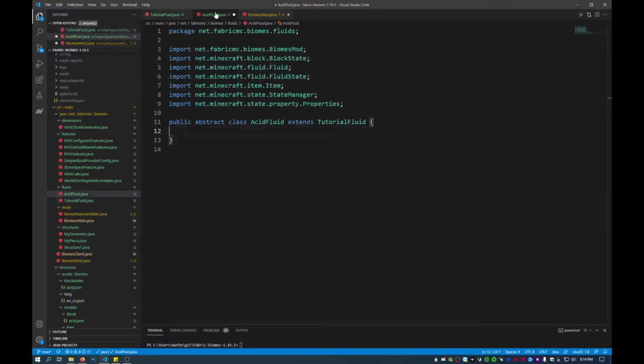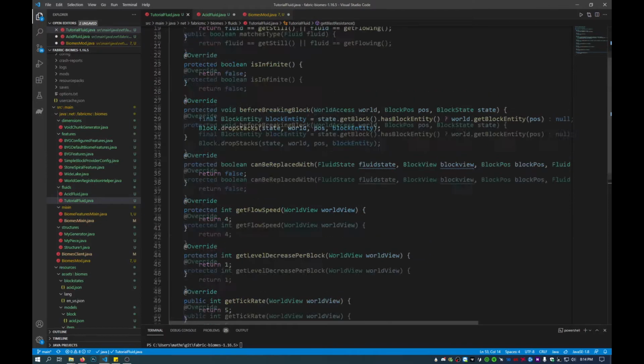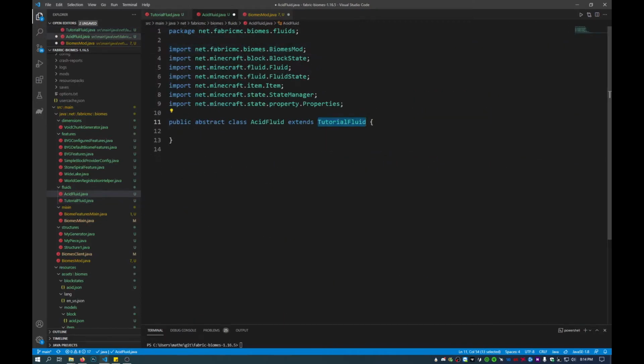So I created, under a fluid folder I created in the same directory here, a file called acidfluid.java, and then I did a public abstract class, called it acidfluid, and then I extended the tutorial fluid that I just created here. So next,